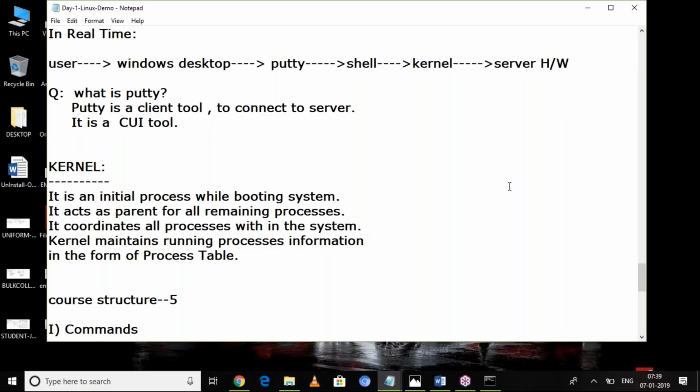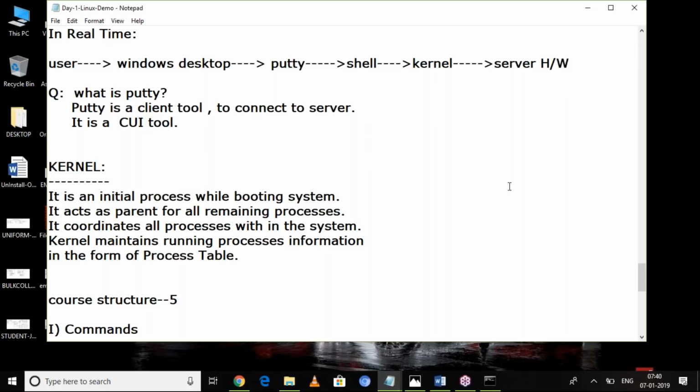Every day you should connect to the server. From the server, you can collect your files. Every day after your work is completed, the finished work should be transferred to the server. If you want to transfer, you need to connect to the server.